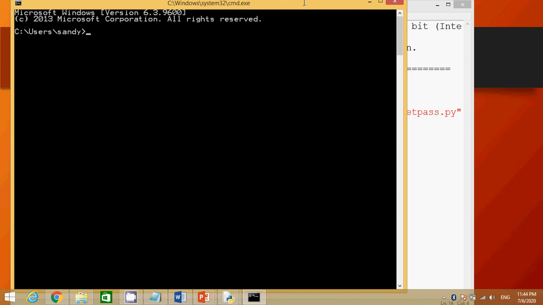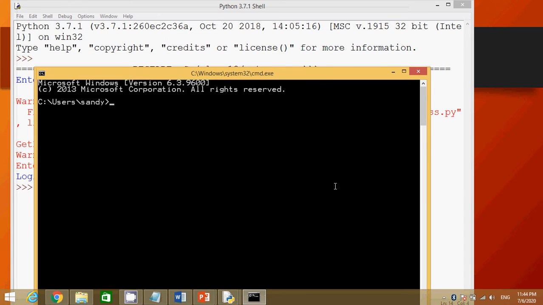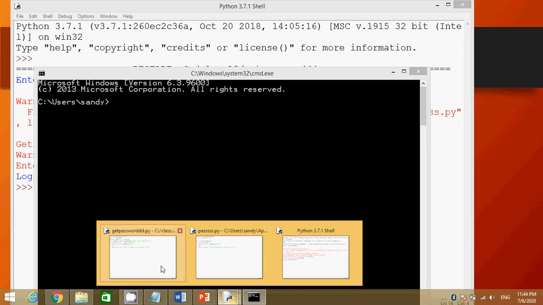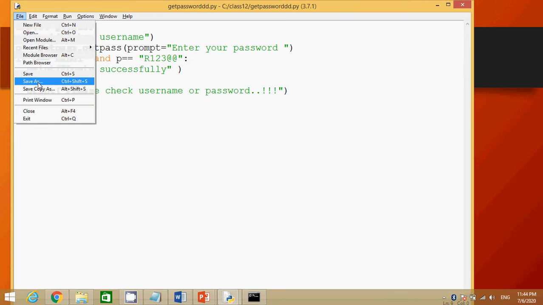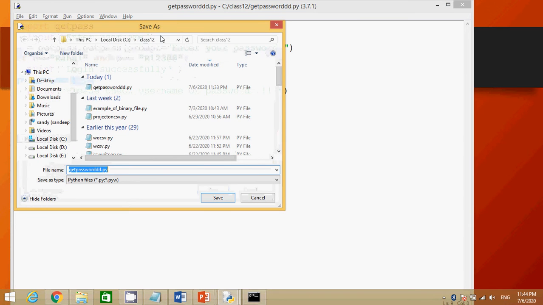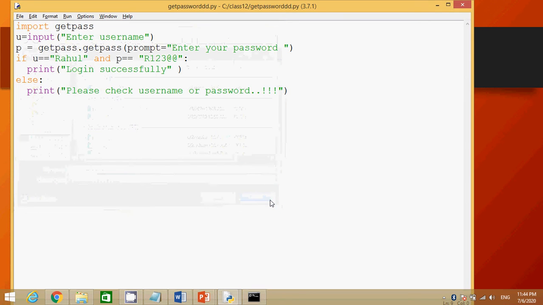So now I opened CMD. You can see my file name is getPassword, and the location of this file is the C drive, class 12th folder.